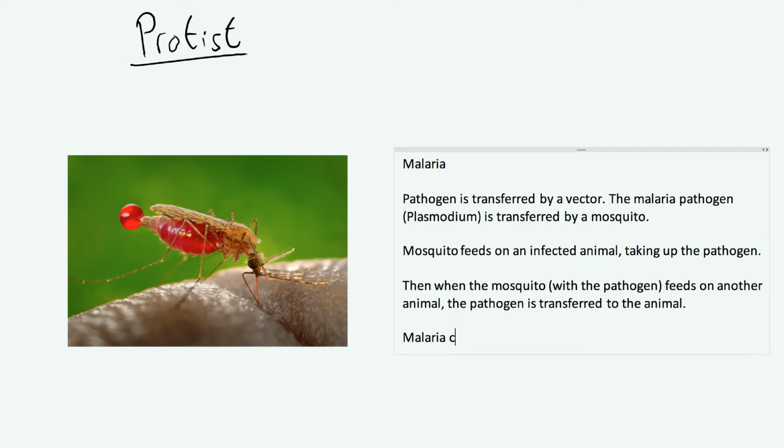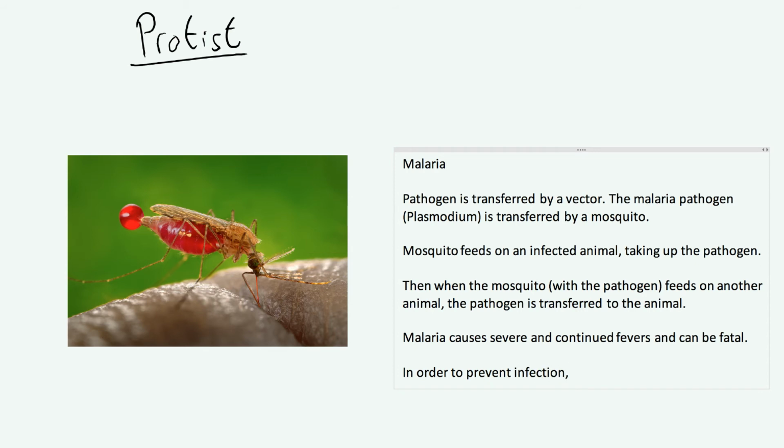Now, malaria causes severe and continued fevers, and can be fatal, right? It is a nasty disease. It can cause death, and so therefore it is a problem. These mosquitoes are therefore one of the major problems. If you didn't have these mosquitoes, then the malaria pathogen would not be able to make its way into human blood, right? So, in order to prevent